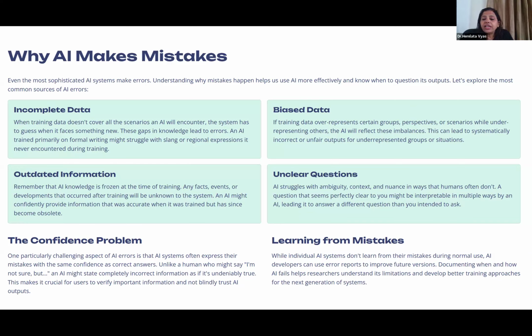Like, if you are using ChatGPT and you try to train the model that this is okay, this is not okay, then during that chat session it will remember that. But when you open a new chat window, it will forget that. So it is very important that the models are trained from the back end, when the model is getting launched.